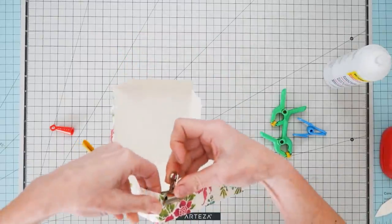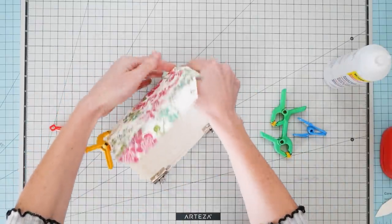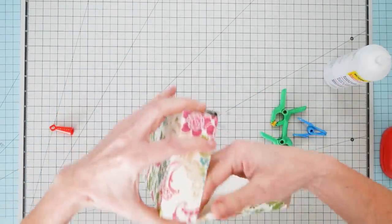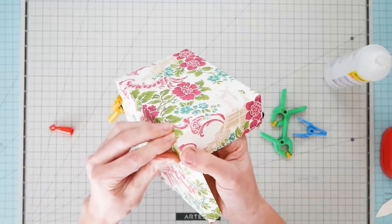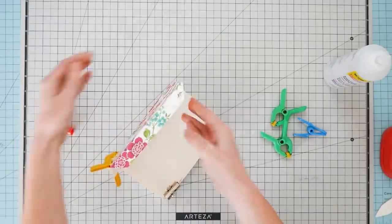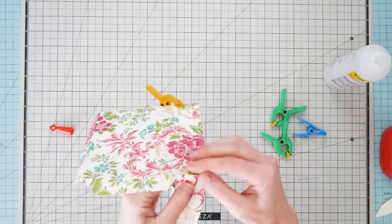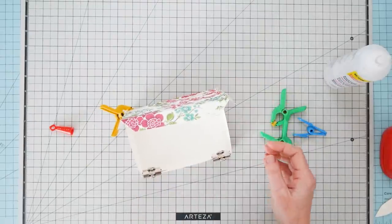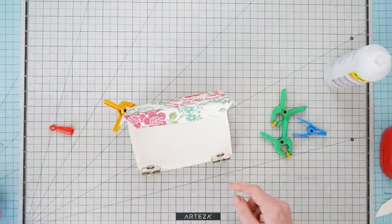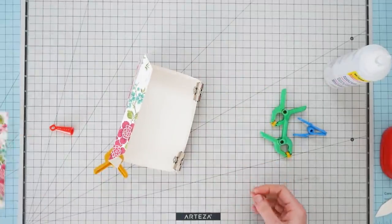And of course, double-sided sticky tape would work probably super fabulously in this instance. I'm just going to hold this just for a second, because it's going to be fine. Okay, pretty. So one thing I want to do while we're getting all this glued together is I'm going to